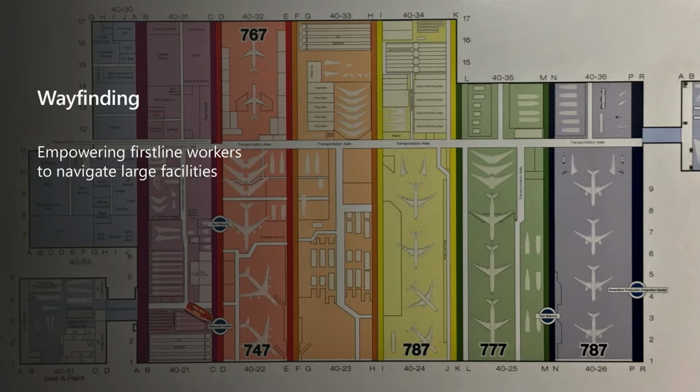I would highly struggle. I would probably have to interrupt coworkers and ask them, where do you need to go, and so on and so forth. Well, with Azure Spatial Anchors, we can create these wayfinding experiences, right? They can just pull out the phone, and they actually get navigated where they need to go. Save a lot of time,